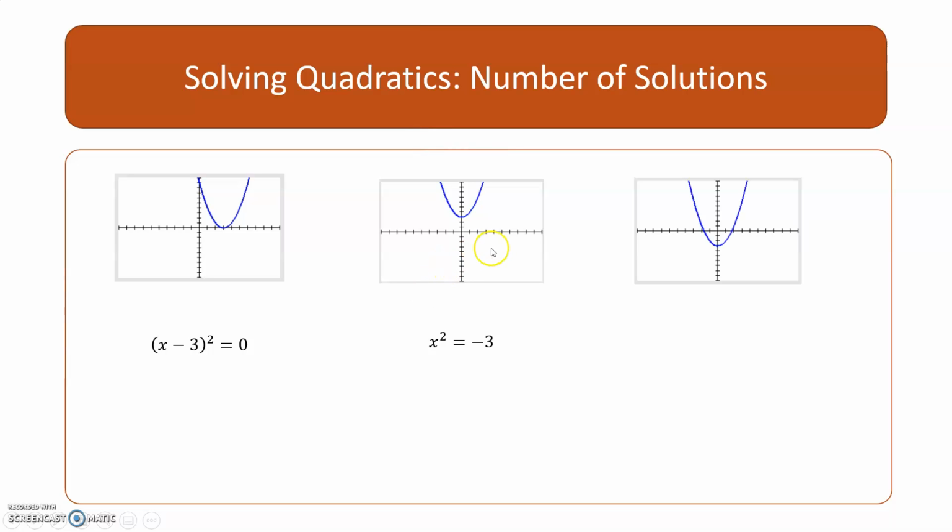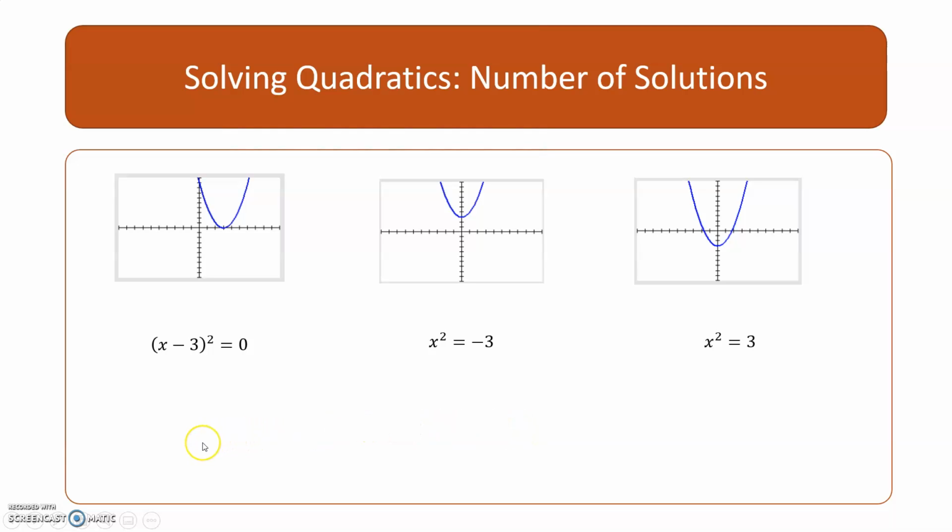The final version is you could have two solutions. This is what most commonly happens. You can see the two solutions because graphically it's crossing the x-axis in two different places, and algebraically what that would look like is x squared equals some positive number, because then if you take the square root of both sides, you would have the positive square root of 3 and the negative square root of 3, so there would be two solutions. So I don't have an example problem for you to do on this one, but I just wanted to